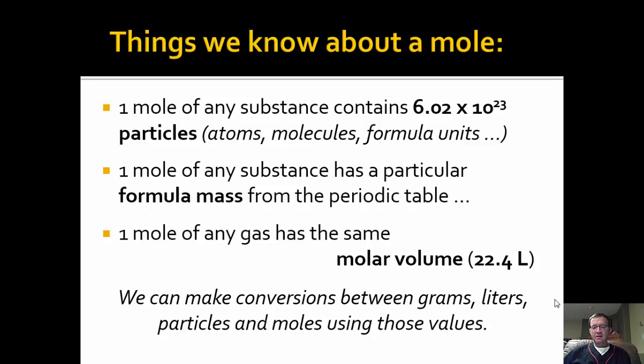The second is that 1 mole of any substance, whatever substance that might be, has a particular unique formula mass all its own, a molar mass, if you will. And that mass is the one that we get from the periodic table by adding up the atomic masses for all the atoms in the compound. And we've been practicing that already, so hopefully you feel pretty good about going to the periodic table and adding